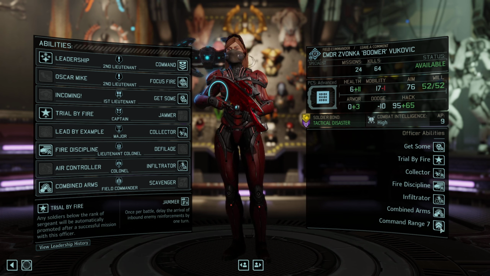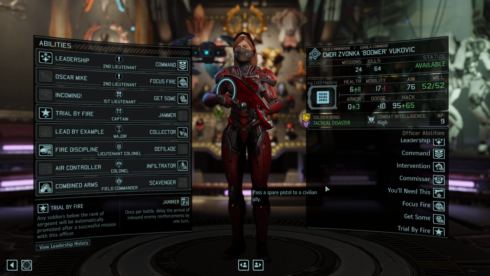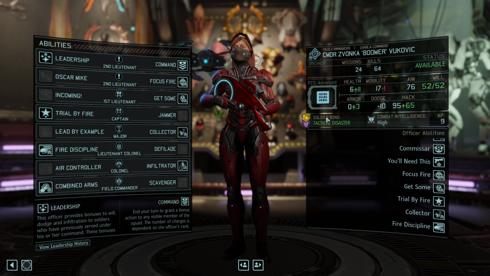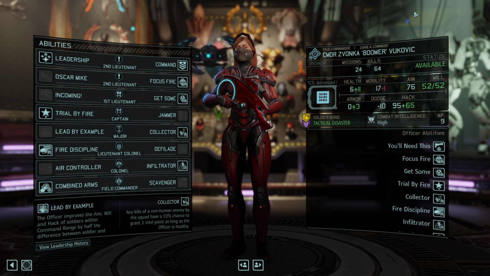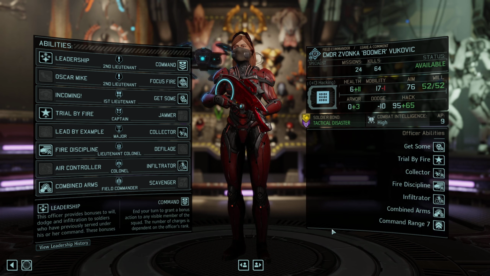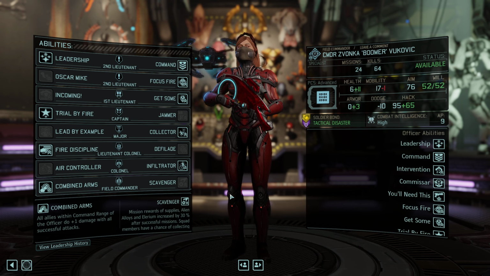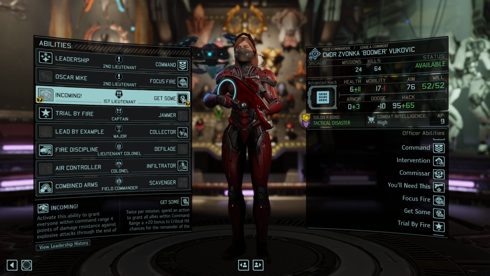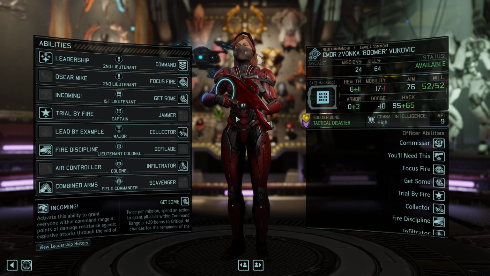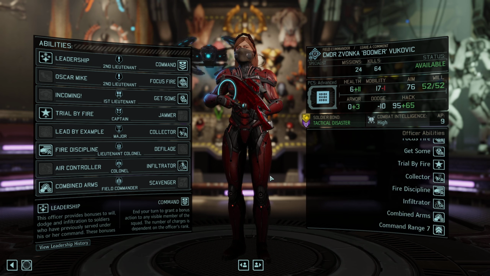Then all the way at the bottom, you see something called command range. Now, interestingly, command range has nothing to do with the command ability. In the mission, you have a little green icon here at the top that shows you a green radius around your officer. This is your command range. This range is important for certain abilities in the tree. For example, Get Some, which gives everybody a critical hit chance bonus if they're in the command range of the officer. So this command range increases as you rank up your officer, and